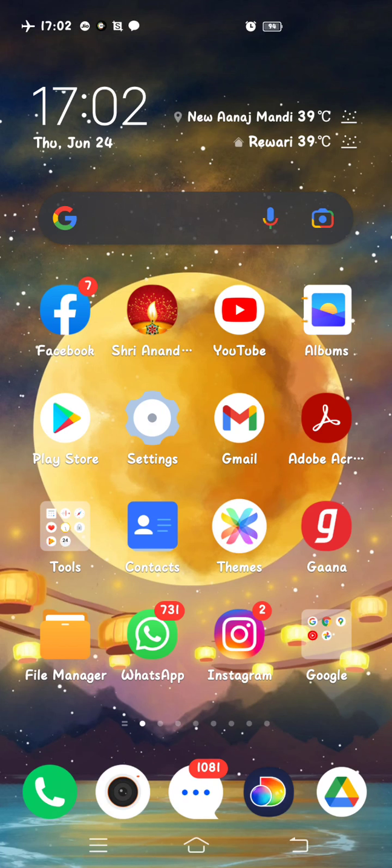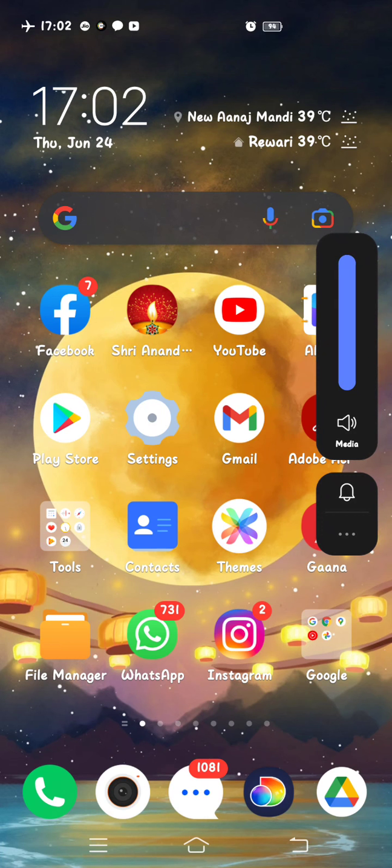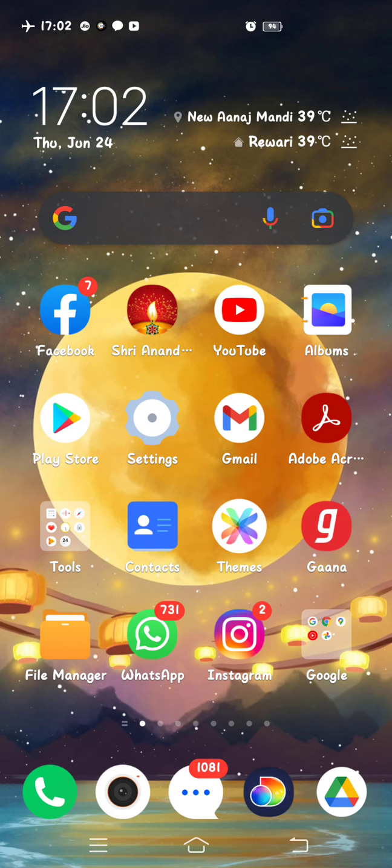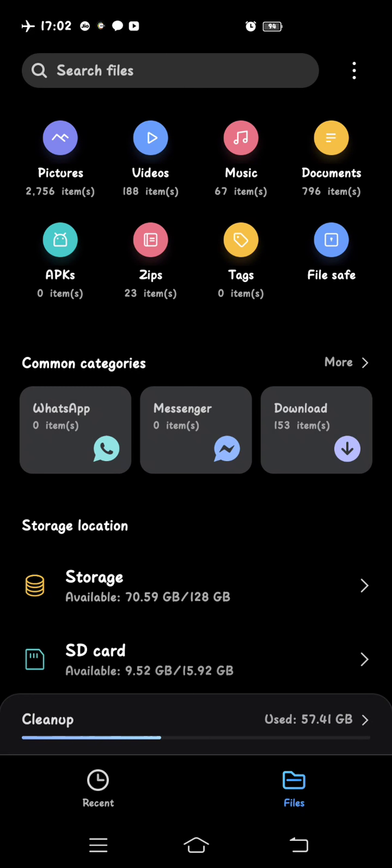Dear students, today I am going to tell you how to organize your files and folders in your mobile phone, which is based on your chapter 3, that is Windows. For this, you have to open the application File Manager. It could be My Files, it could be Doc Manager, and mostly it should be the File Manager. You just have to click that application. I have just clicked it.